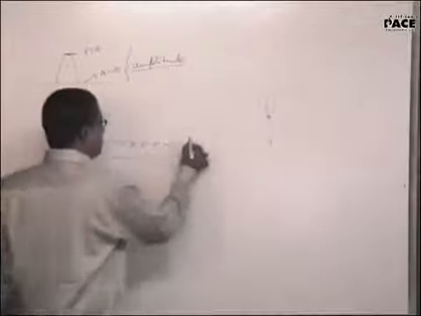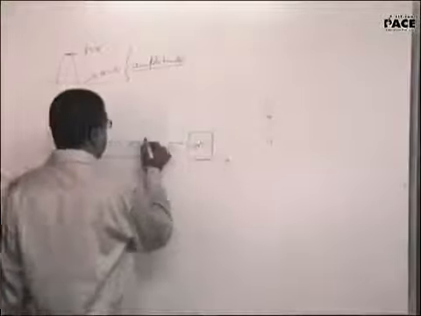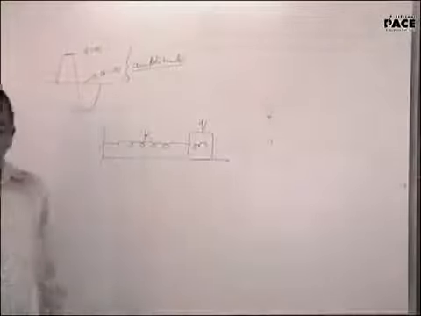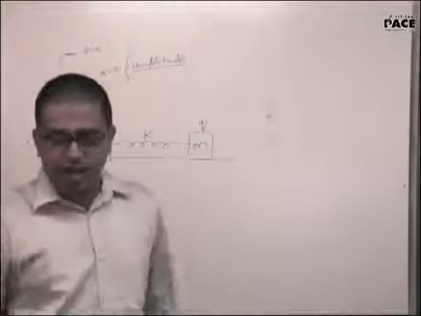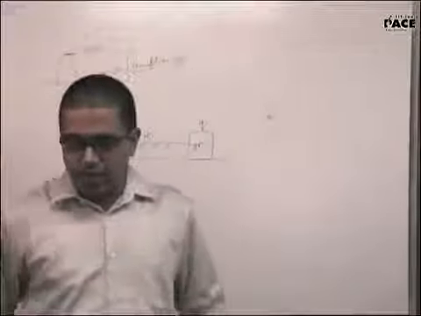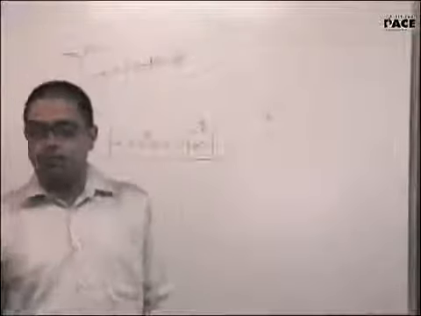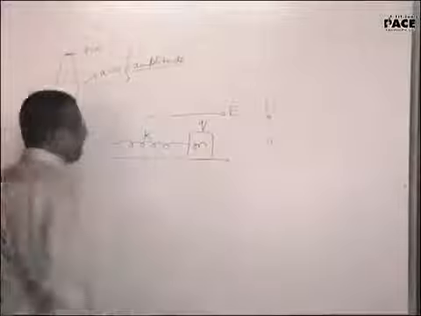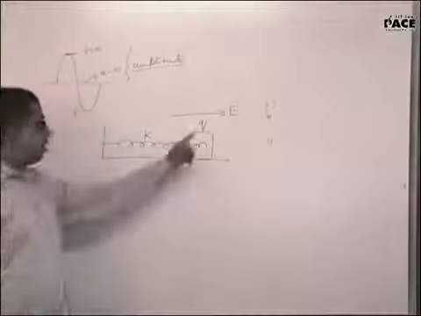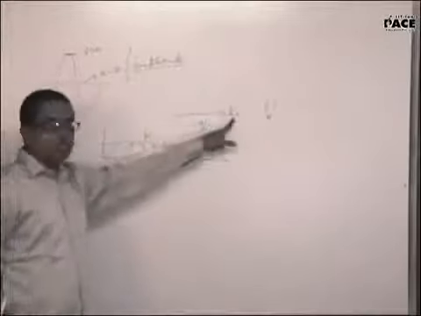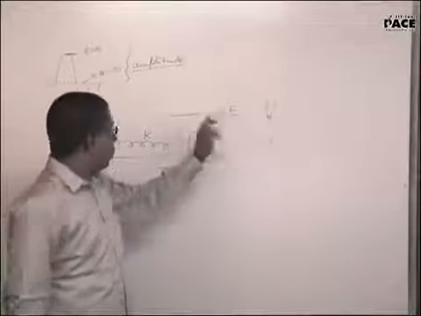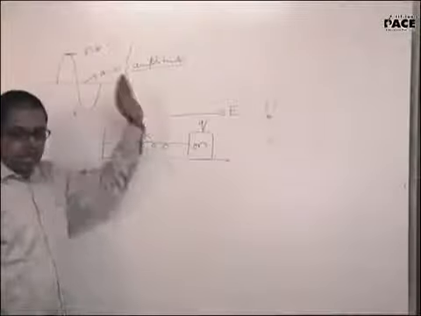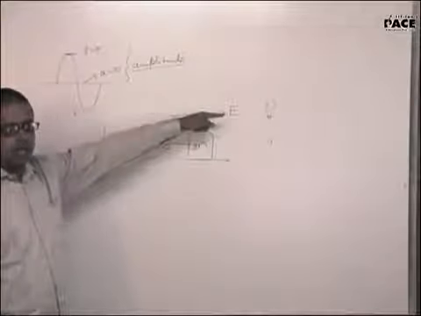There is a spring mass system. This is M, then this is K. This particle has a charge of Q. You know, if there is an electrostatic field E, force on the charged particle is E into Q. Yes or no? Yes, sir. Now this will be the electrostatic field. Now if you switched on the electrostatic field at this instant, when the system is in equilibrium, the spring is not stretched.